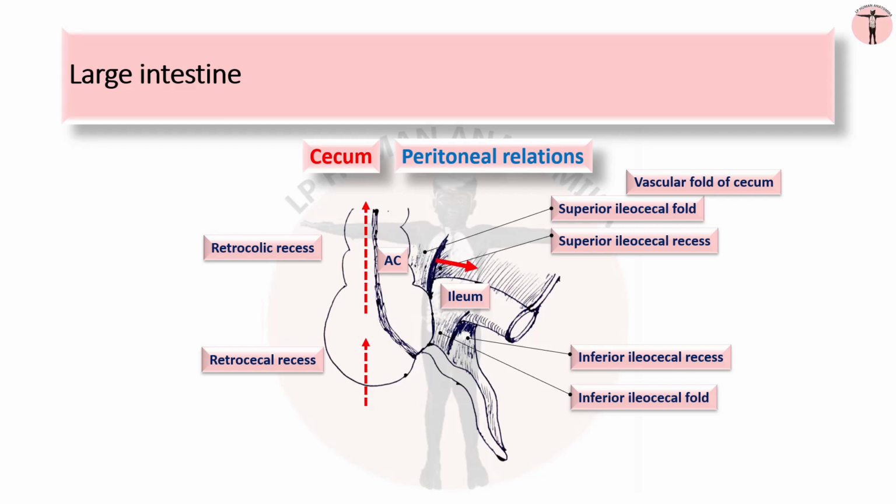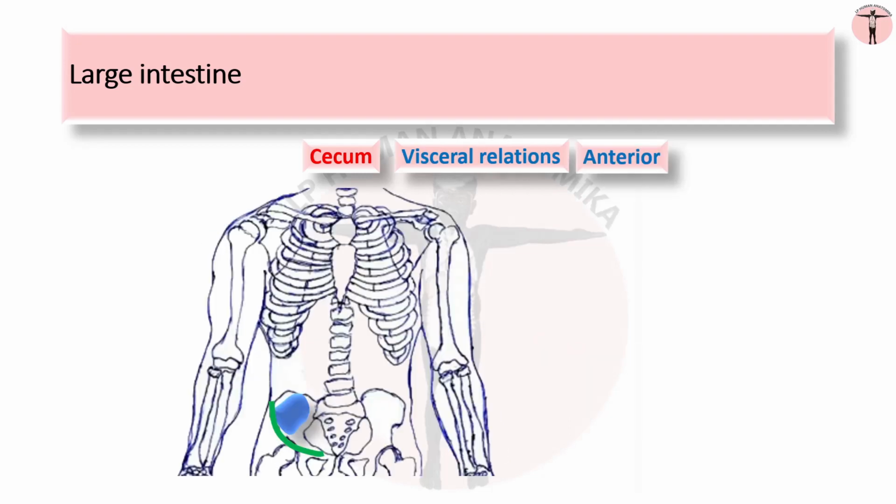The inferior ileocecal fold extends from the anteroinferior aspect of the terminal part of the ileum to the cecum and appendix. It does not contain any blood vessels, hence it is also called the bloodless fold of Treves. It lies in front of the ileocecal recess, which looks downwards and to the left. Coming to the visceral relations,